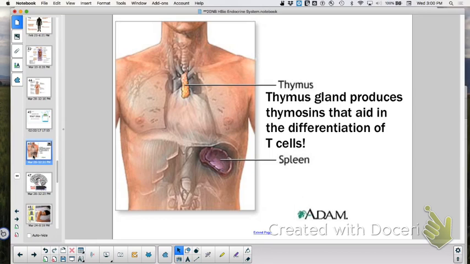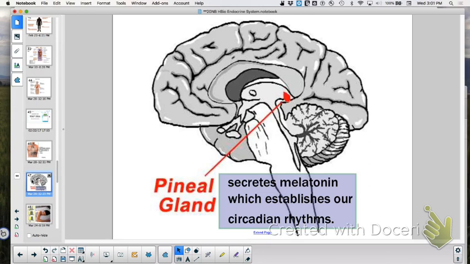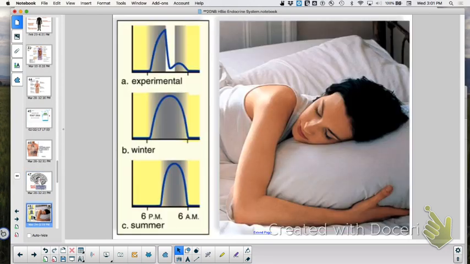Okay. And then the pineal gland. The pineal gland is known as the third eye. It detects how much light, and when the lights go down, then the melatonin goes up. And if you get bright light, then the melatonin's going to crash. So here you can see, let's say here's a normal winter's night's sleep. You have this much melatonin. It goes up as you sleep. As you're getting towards wakefulness, it goes down. But a bright light can force it to crash early, and then you don't necessarily get the right kind of sleep that you need. In the summer, you have less.